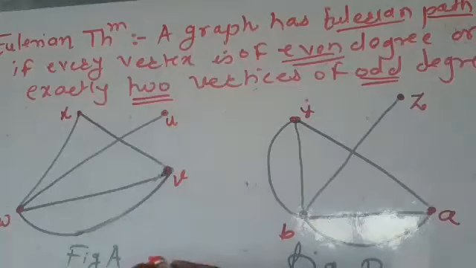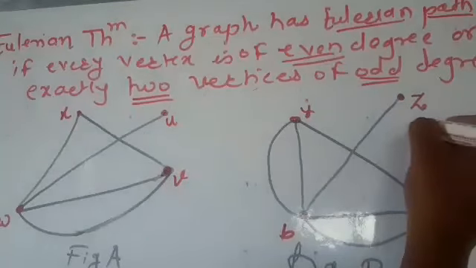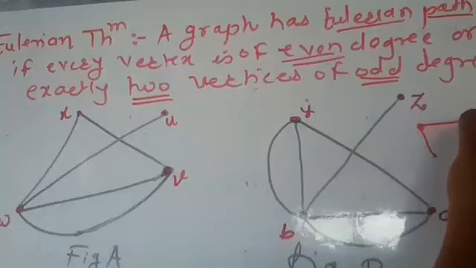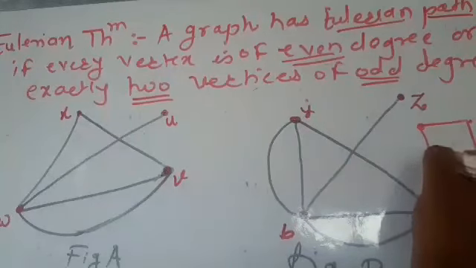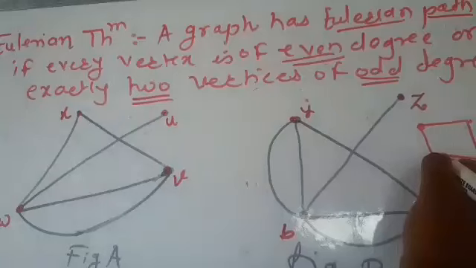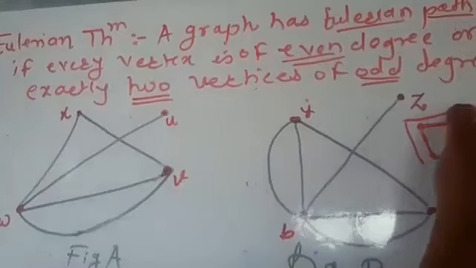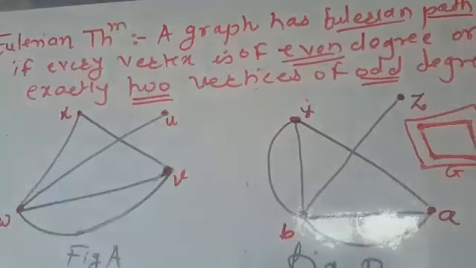Or it is an Eulerian circuit. An Eulerian circuit means a circuit in which we start from any point and draw from one destination to another without retracing. Suppose this is graph G. Does there exist an Eulerian circuit? If we start from this point, we can draw this way without retracing, and that circuit is called an Eulerian circuit. So the answer to our question is whether there exists an Eulerian path or an Eulerian circuit.